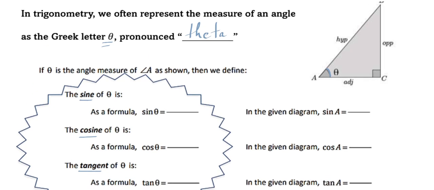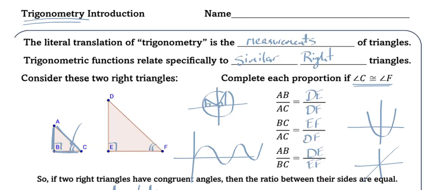So the way we define these functions, these are three probably new words to you. These definitions come from the ratios that we created on the front. Actually, these ratios that we talked about, this is the sine ratio, this is the cosine ratio, and this is the tangent ratio. So you can see I'm abbreviating those words. S-I-N, that's sine, slightly abbreviated. C-O-S-I-N-E is cosine, but I abbreviate that as just C-O-S. And then tangent, T-A-N,